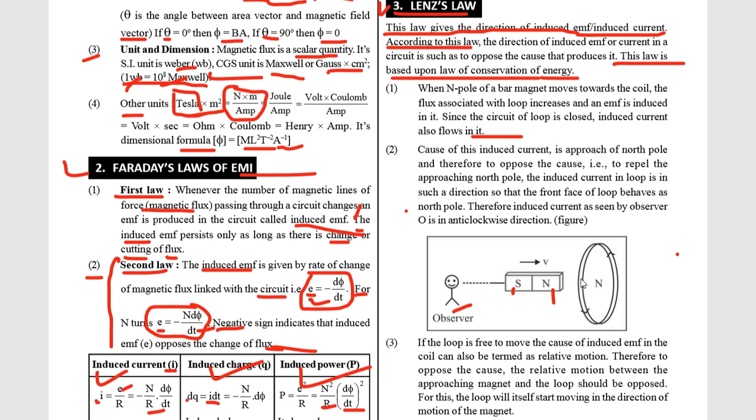So this induced EMF tries to stop the magnet. If the magnet is stopped, then v is 0. Then the magnetic field lines passing through the surface area are constant, not changing. And if the magnetic field lines passing through the area are not changing, that means the magnetic flux is constant, and in that case